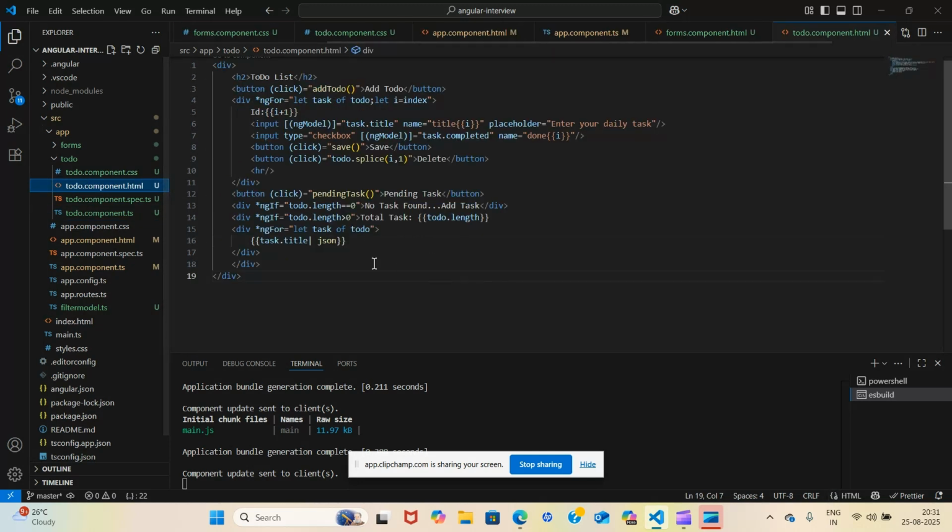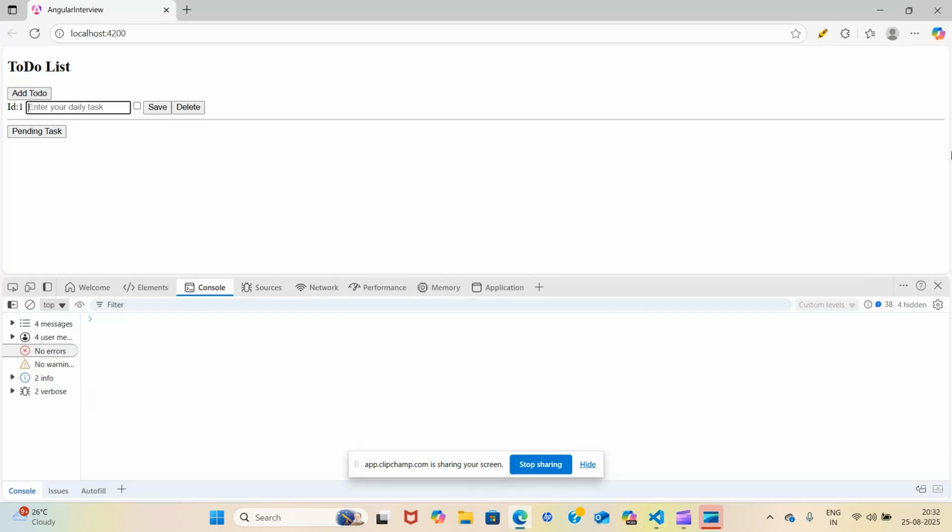So when the length is greater than 0 and greater than 1. Okay, now we can see whenever we save it. Okay, and now I'll add another, then I have this.